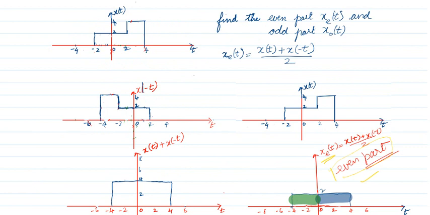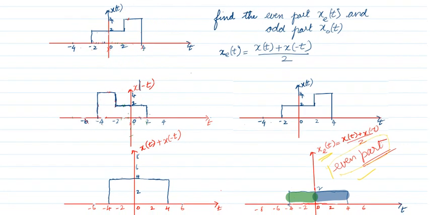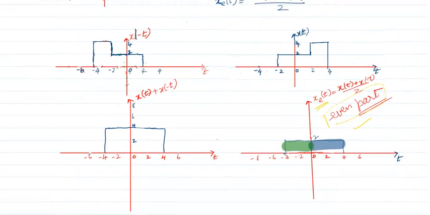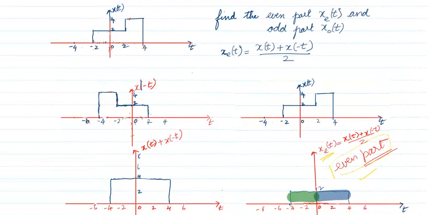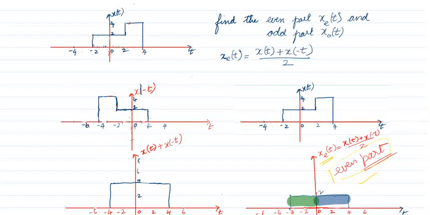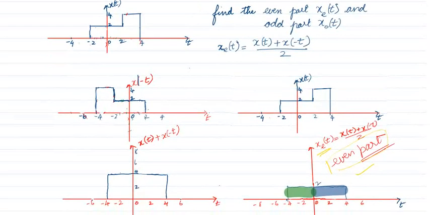For an even part of the signal, x of t is given in the question. I have to find x of minus t. What is x of minus t? It is also technically called time folding. What is time folding? Time folding is nothing but